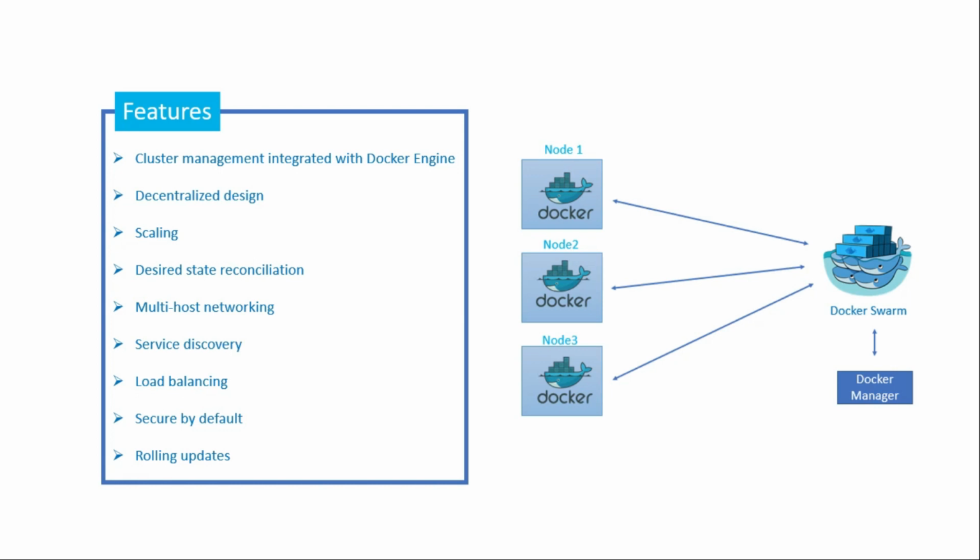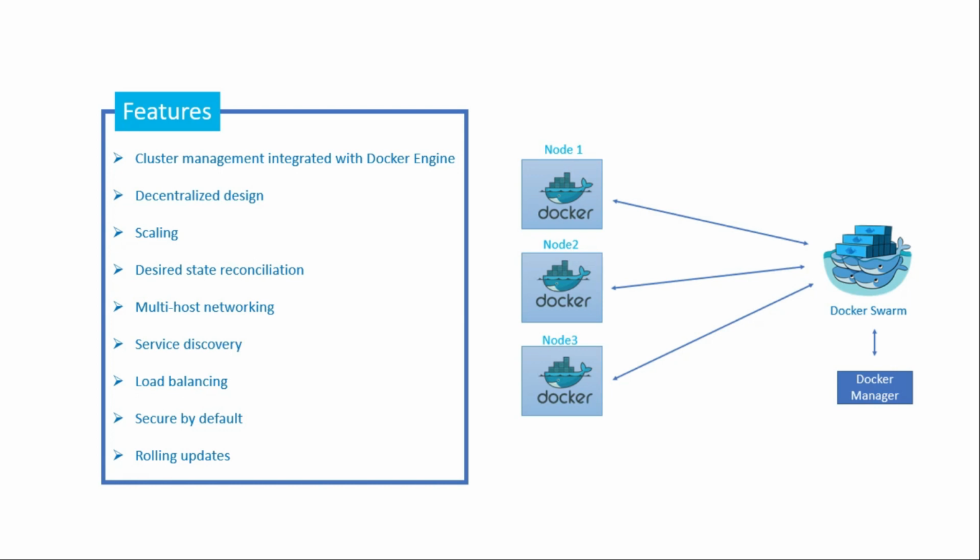You have the option to use a self-signed root certificate or certificates from a custom root CA. We have a last feature known as rolling updates. Rolling updates means that at rollout time you can apply service updates to nodes incrementally. The Swarm Manager lets you control the delay between service deployment to different sets of nodes. If anything goes wrong, you can roll back to the previous version of the service.